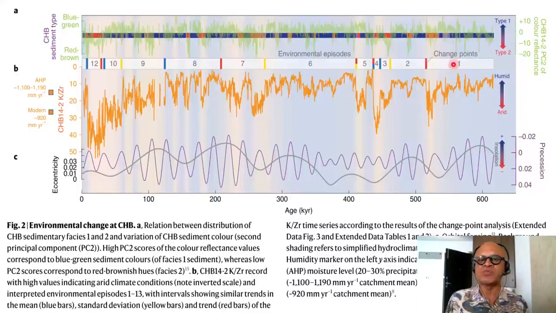They're called change points. So they identify various environmental episodes along the way using the potassium zirconium evidences to look at the African humid period where the rainfalls tend to be higher, so 1100 to about 1190 millimeter per year with some uncertainty, and the modern period you are comparing against is at 920 millimeter per year over the site that we are looking at. So that divides it into humid and arid periods here, and we'll come back to this a little bit later